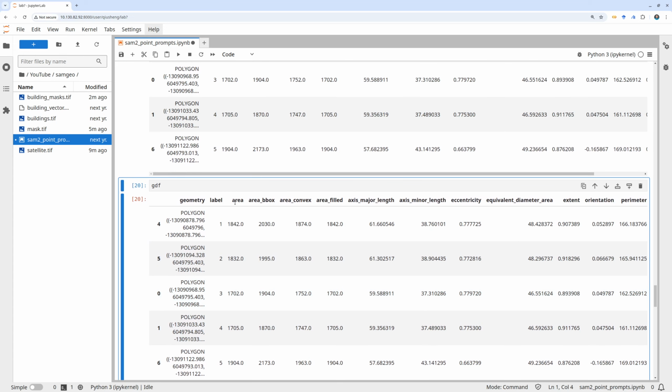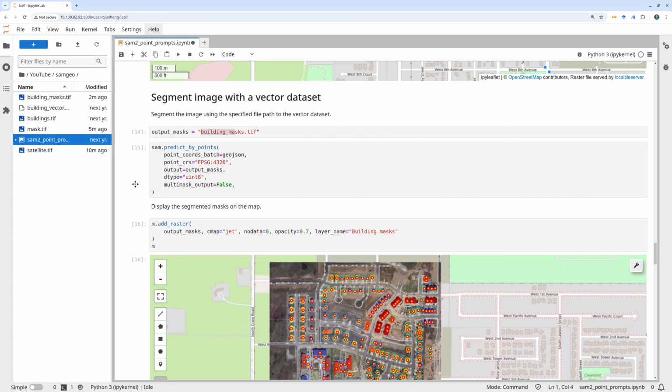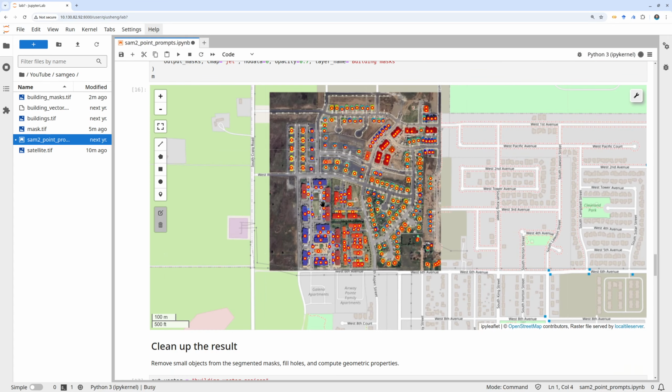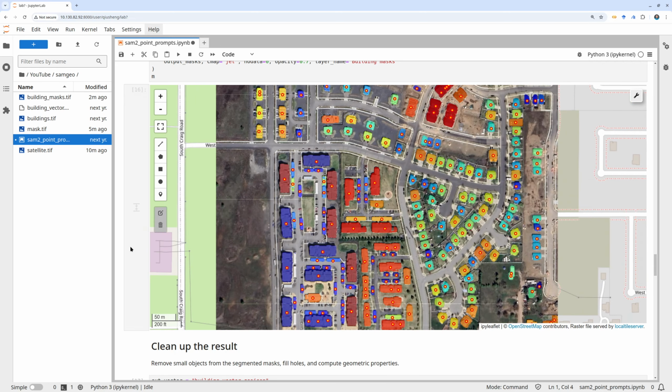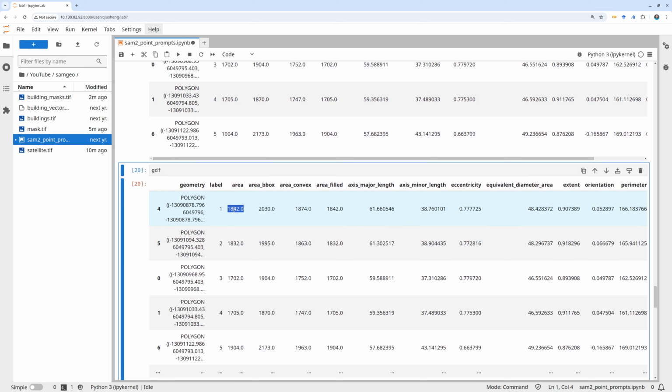For example, the area. So keeping in mind, the area is the number of pixels. This is the first building, for example, the number of pixels is 1842. So you need to look at basically the metadata of your imagery. For example, this one is 0.6 meter resolution. So each pixel is going to be, for example, 0.36 square meters, and you're going to multiply it by the number of pixels, then you get the total area. So you do need to do some conversion,